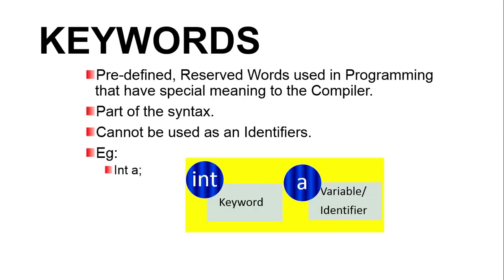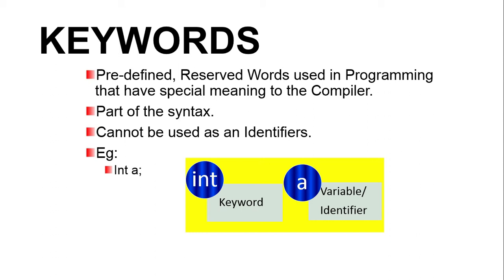The next concept is keywords. Why do we use keywords? A keyword is a clue. It represents some information, and that is called the keyword. The keyword is used to understand the corresponding variable or data type or anything else. These are predefined and reserved words used in the programming concept, so it is also part of the syntax.